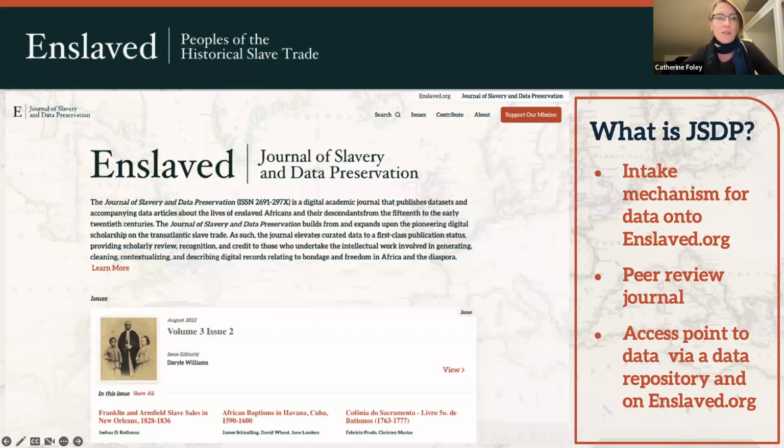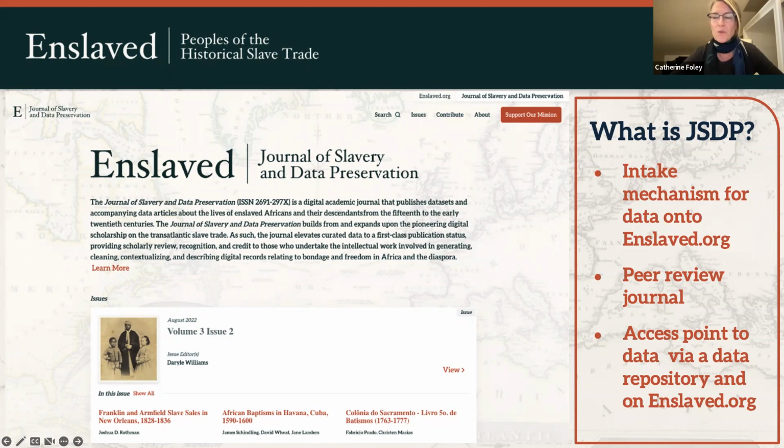So what is the Journal of Slavery and Data Preservation? It's a digital academic journal that publishes data articles describing original data sets on the lives of enslaved Africans and their descendants from the 15th century to the early 20th century. And it is the intake mechanism for enslaved.org. It's where we have